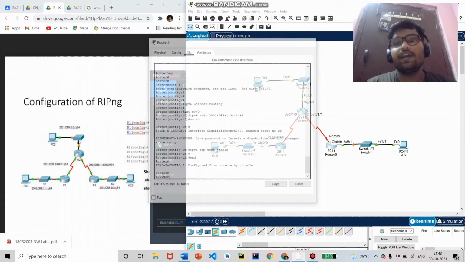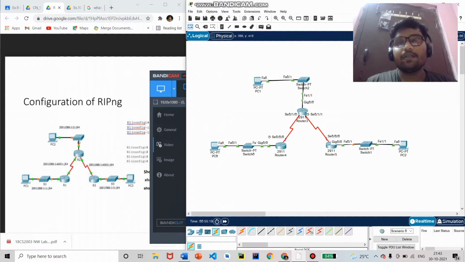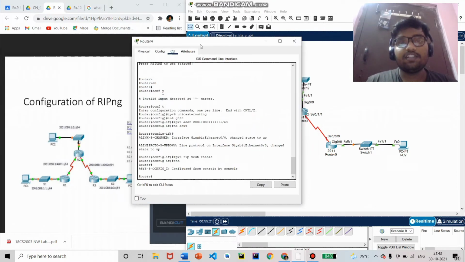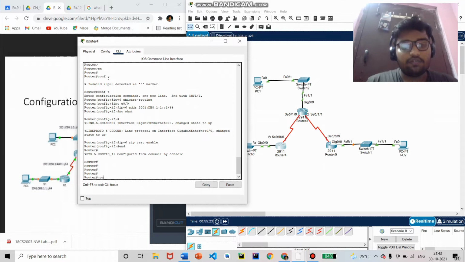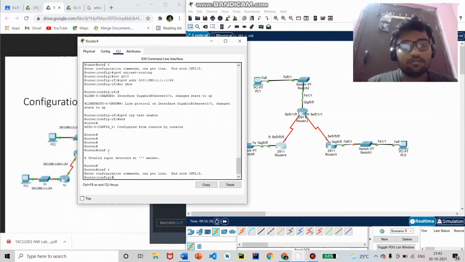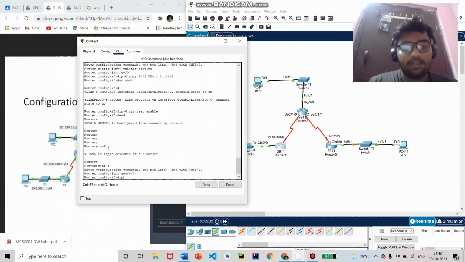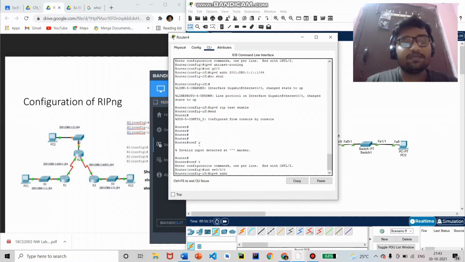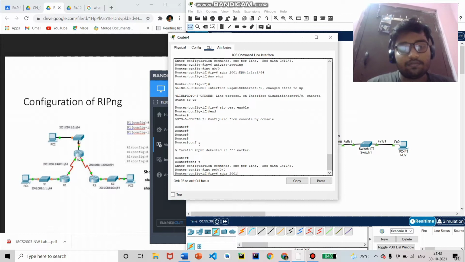Now we have configured all the LANs. Now coming to these WANs here. So, the same thing for these WANs as well. Config terminal. Mention the interface serial 0/0/0 and ipv6 address. Now here on the left hand side, the address has been given, that is 2001:db8:1:a001::. Let me give 10 this side and 20 on the other side. That's it.